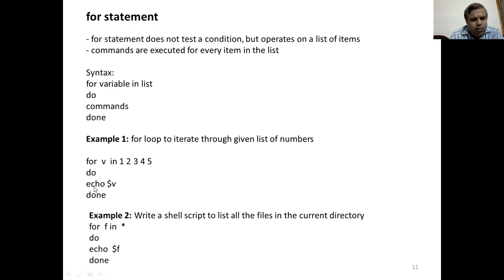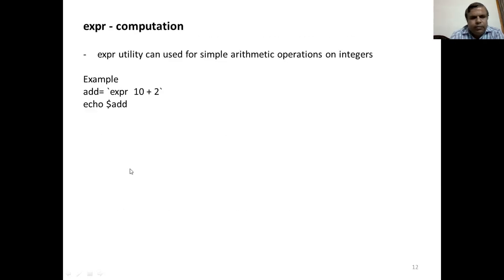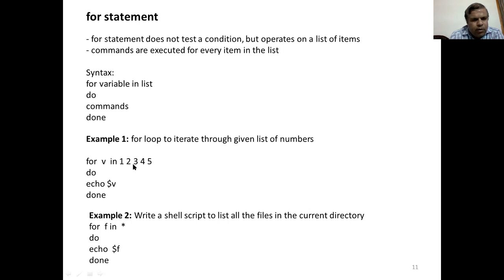The command I'm executing here is echo. So I'm printing the value of this variable, $v. As a result, this echo statement will be executed how many times? 5 times. Since there are 5 items in the list, this echo command will be executed 5 times. In each iteration, the next item will be stored in this variable.